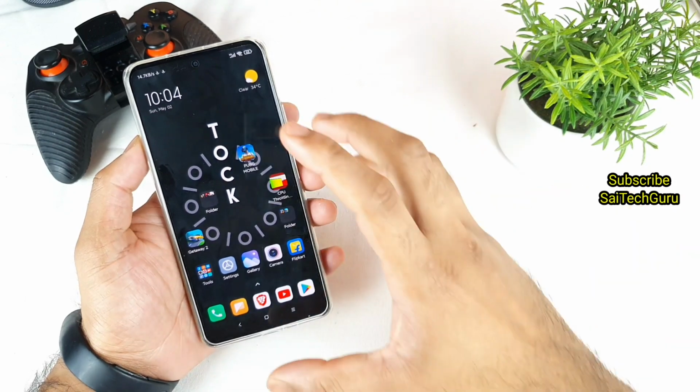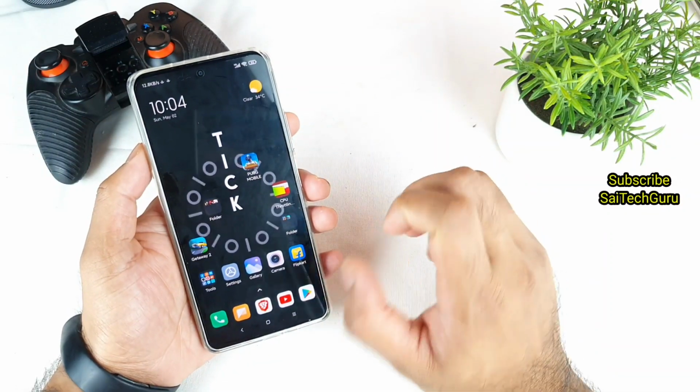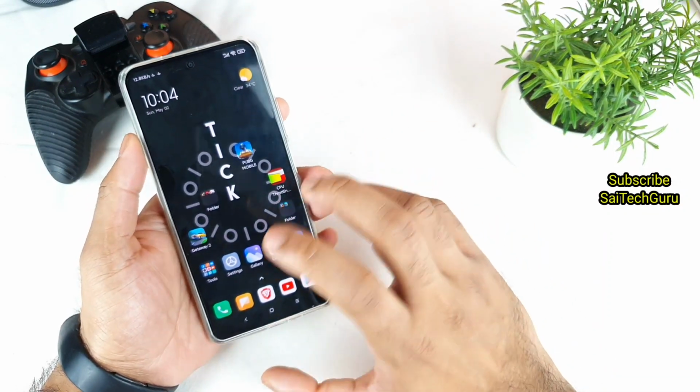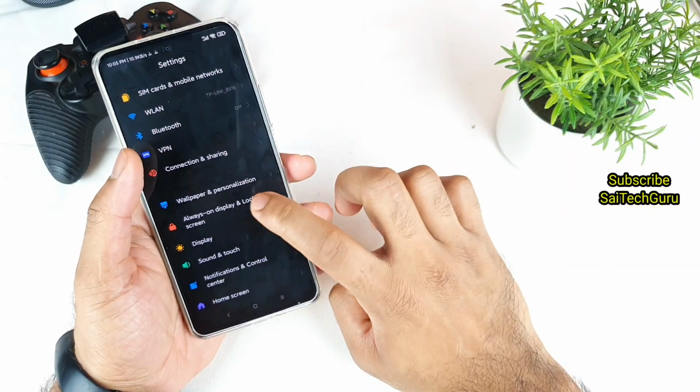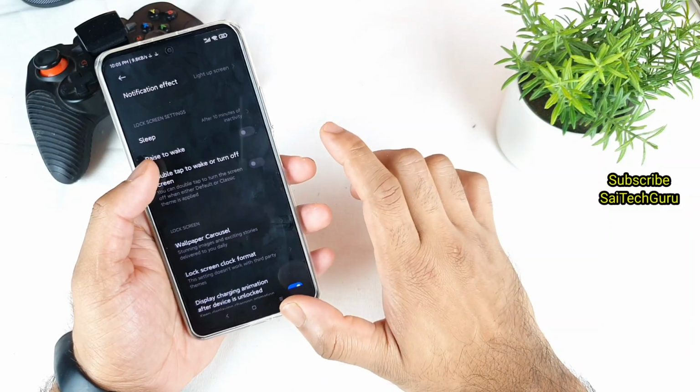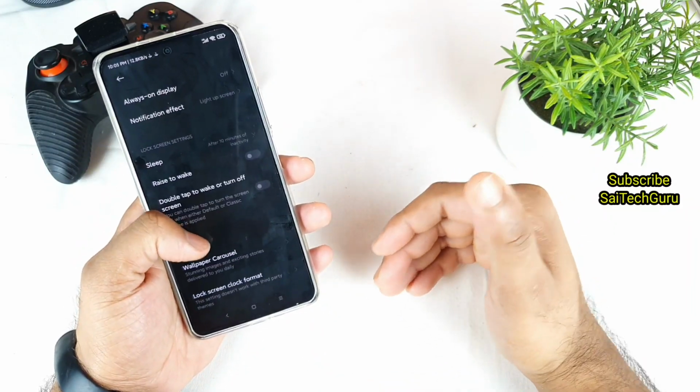So this is a situation where if you use very low brightness and very dark scenarios, only then you might be able to see this kind of green tint problem, somewhere around here. I'm not sure it happens on every device; it might be only a few devices which are not calibrated properly. Only a few units might not be calibrated properly with the display settings, and that is where this kind of problem occurs. You can even try switching from 120 Hz to 60 Hz and check by yourself as well, because sometimes even that may cause some kind of issues.